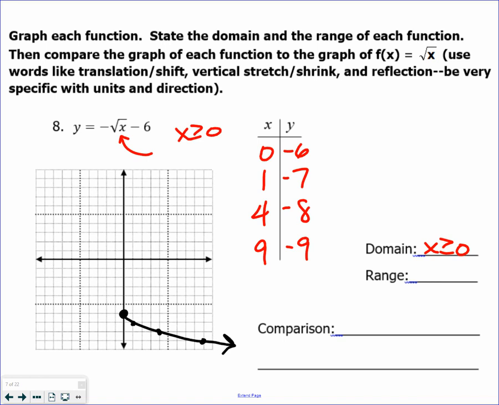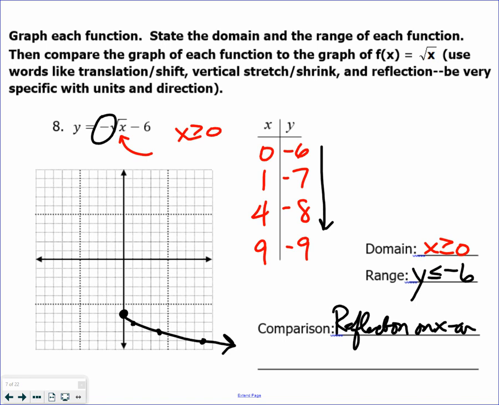So now the range, all the values went less than negative 6. Notice all the y values went down from there. And then comparison, using our vocab. The negative sign in front is a reflection on the x-axis. Nothing inside the radical, so on the outside, now you're talking, and there's no multiplication, so there's no vertical stretch or vertical shrink. And so now we're talking about a translation down